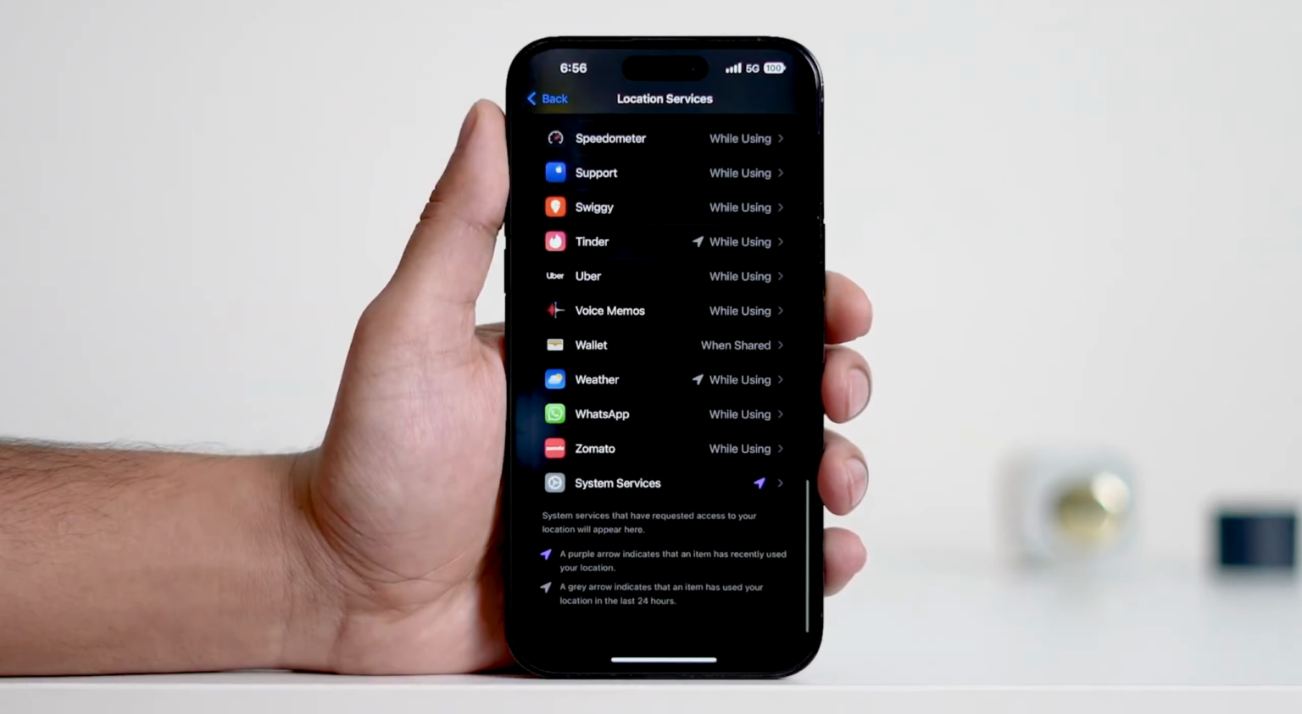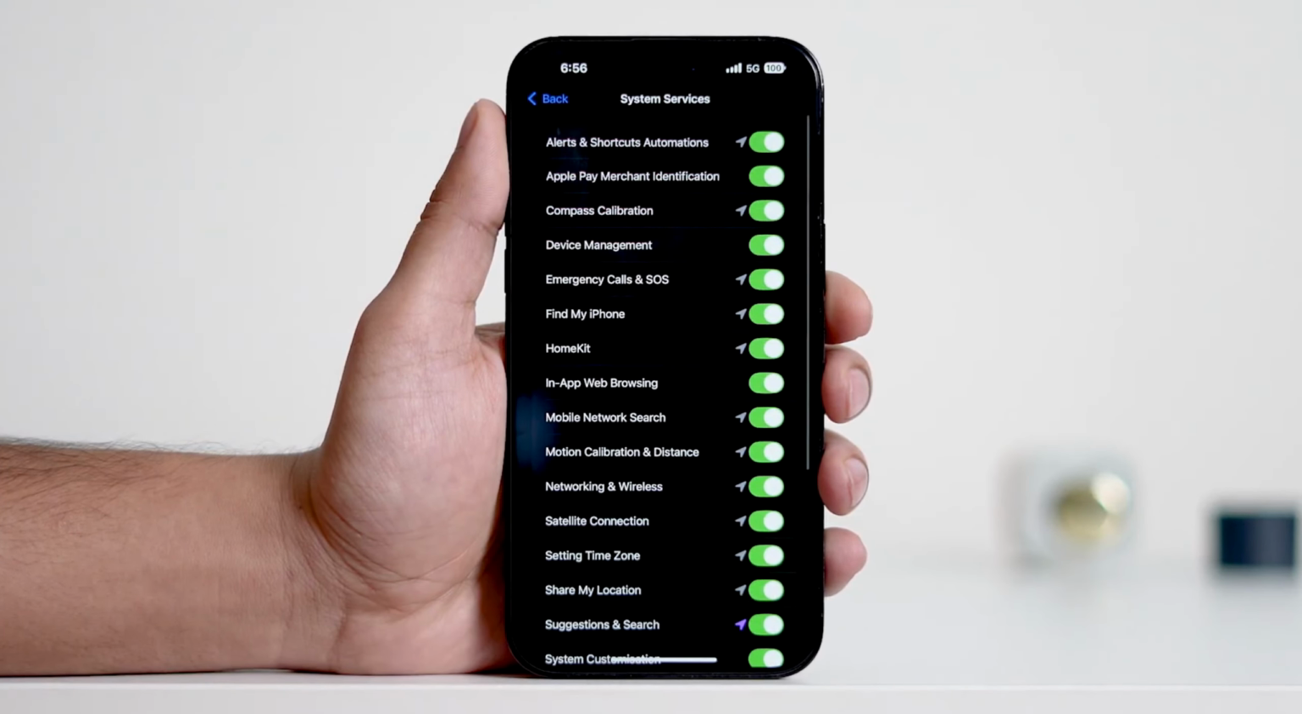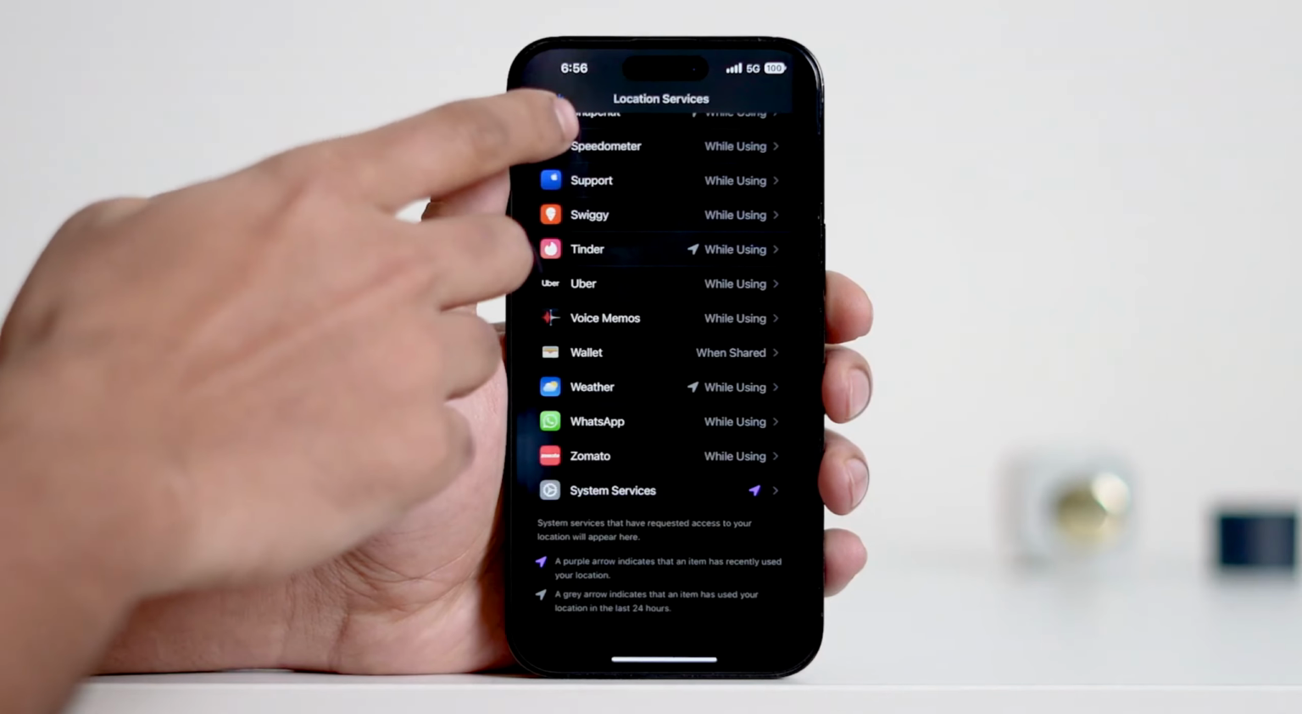Also, scroll to the bottom and tap on System Services. Here, disable unnecessary permissions, keeping only essential ones like Find My iPhone enabled. Next, go back